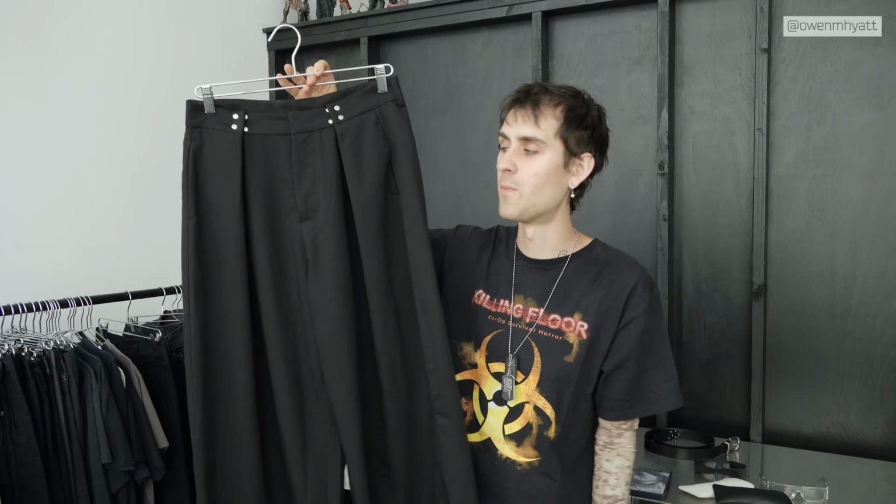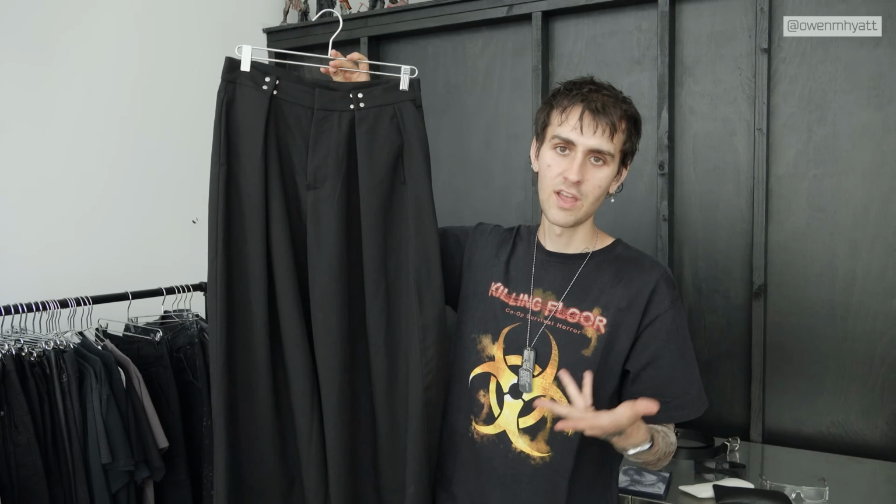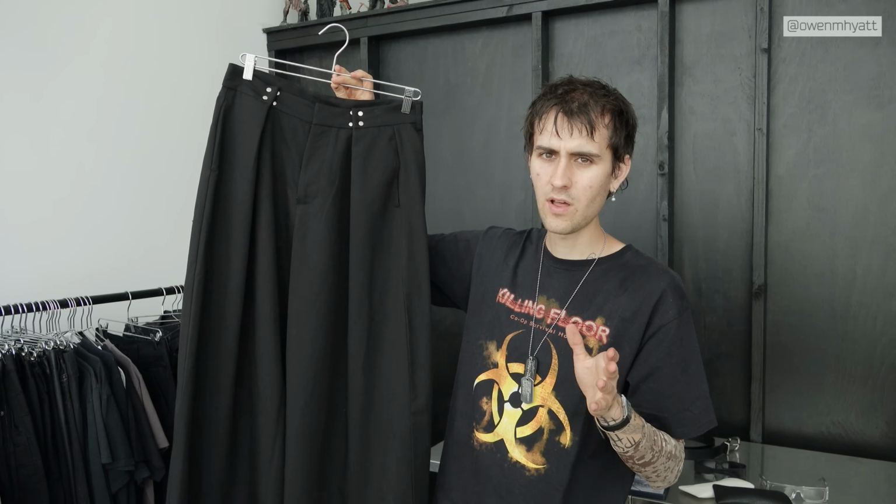Moving on to some pants, I have 3 pairs of pants to show you guys. 2 are Somar samples, and then 1 is a new pickup that was half gifted to me. I'll start with the gifted item. This was sent over from Basket Case. You guys probably know Basket Case. They are extremely poppin', and Zach is killing it over there, and he sent over I think they're called the